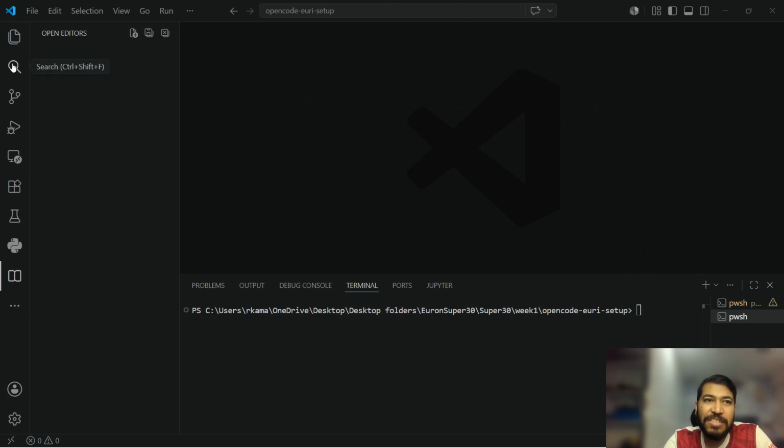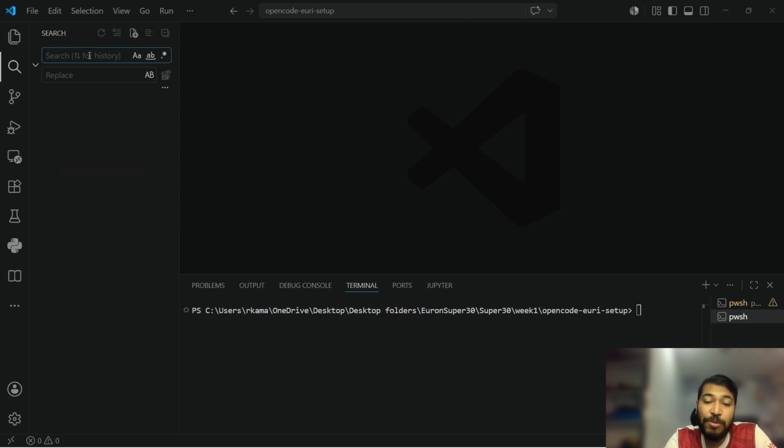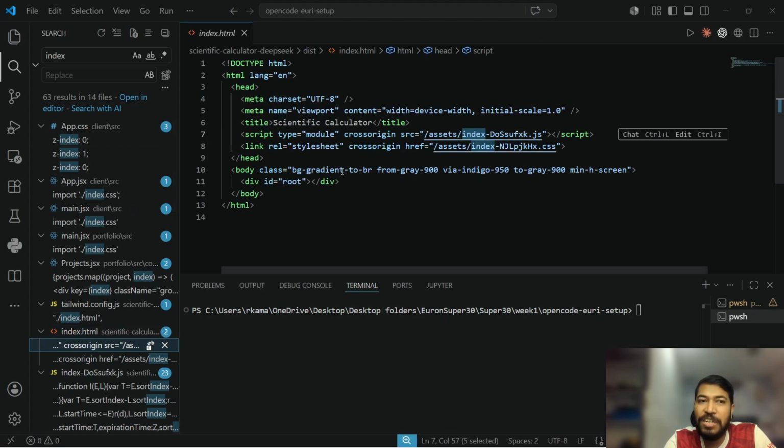Then there is a feature of, so see, this is my project folder. If you go there, this will enable you to search across the multiple folders inside your project. So suppose I'm searching for index. So there is an index file. Which file I'm trying to open belongs to which folder? I'm just clicking it here, and it will open that file. So it will also give you the feature of searching within the project and subfolders. So that is also one of the special features, and